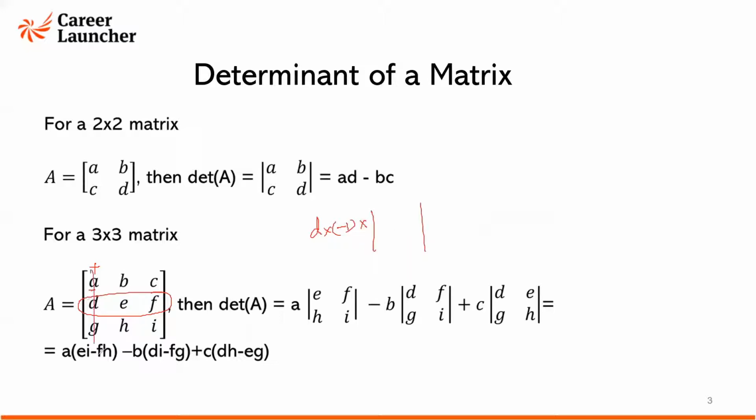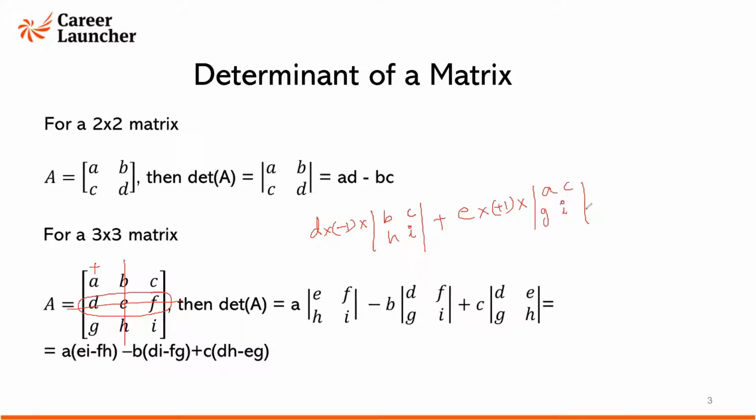If you cut out its row and column, it is B, C, H, I. Plus, now in the same row you continue: E into the cofactor of E. The sign is +1 into the minor of E. If you take out the corresponding row and column of E, it is